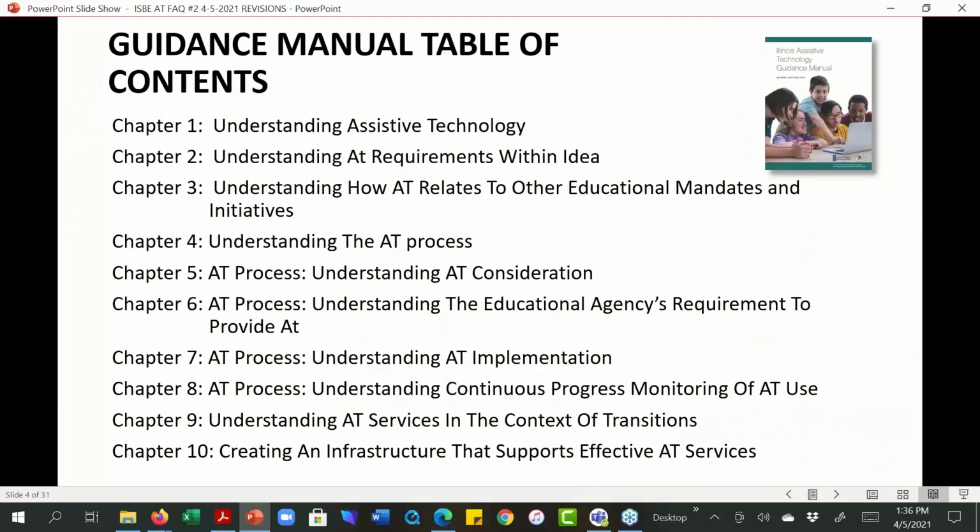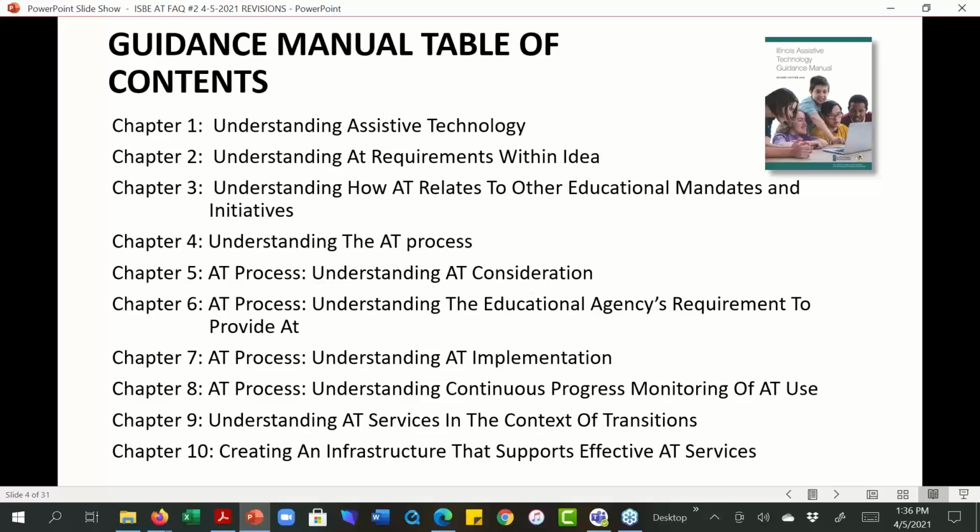The guidance manual table of contents looks like this, and it is about a 100-page document. It has a great deal of helpful guidance and also descriptions of what high-quality assistive technology services might look like.